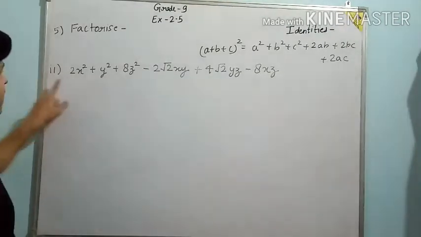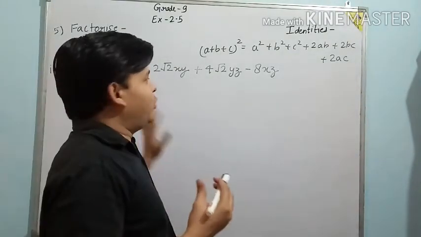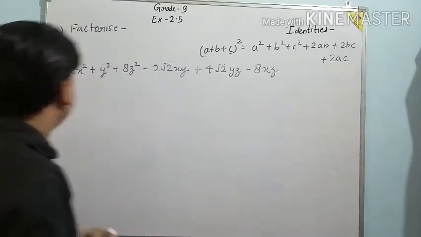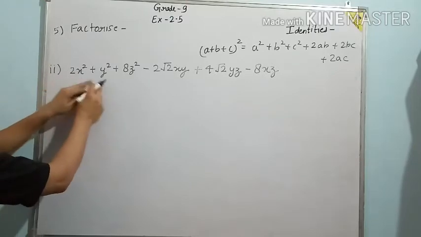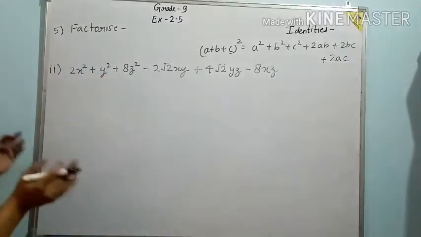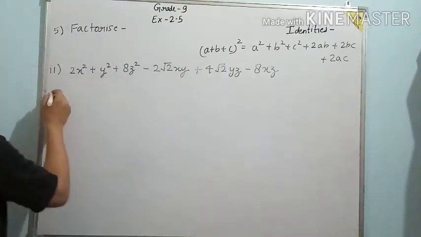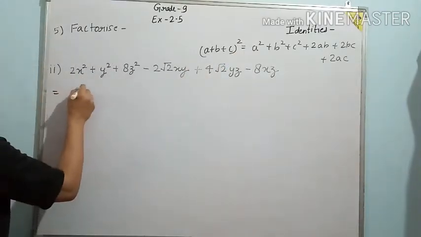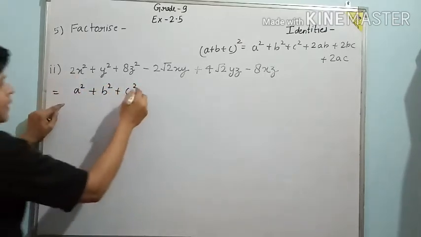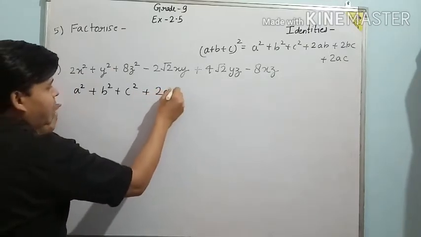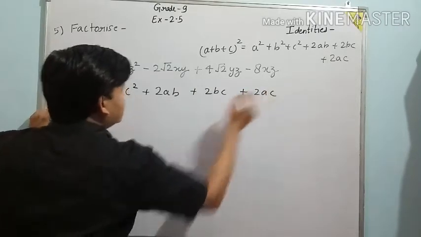And I have taken the second part of the same question 5. So I hope if you have any confusion that you can clear in this part. So first of all, as you all can see that once again we have three square numbers like a square plus b square plus c square. That means it is related to this identity which I have already written here. So let's note down once again here that this is a square plus b square plus c square and plus 2ab plus 2bc and plus 2ac.